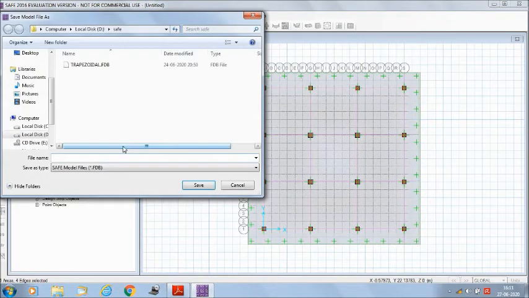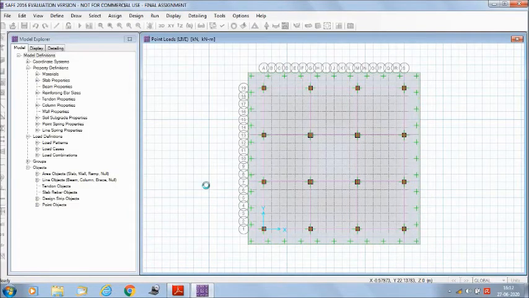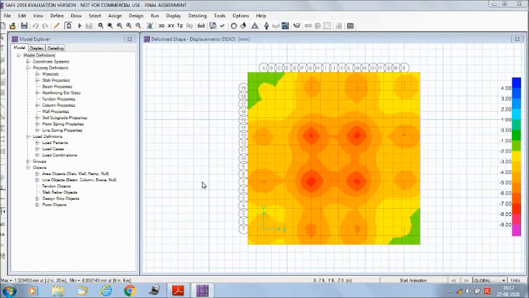As the file is not saved, we can give a file name to save the footing. Once the analysis is completed, the displacement values are shown. We can also see the displacement values from the color codes.